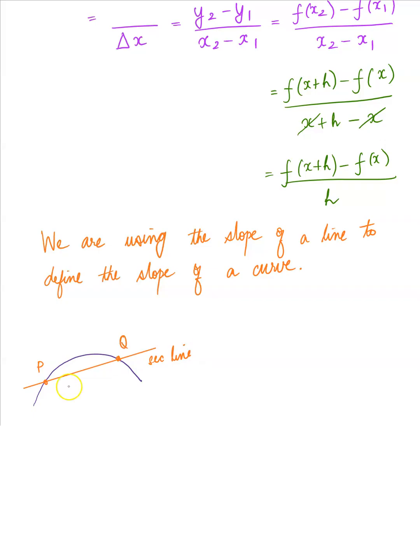Now, remember that we are looking at the slope between two points on the curve, and therefore we have the secant line. Now, if I'm interested in finding the slope not between two points, but at a point on the curve,